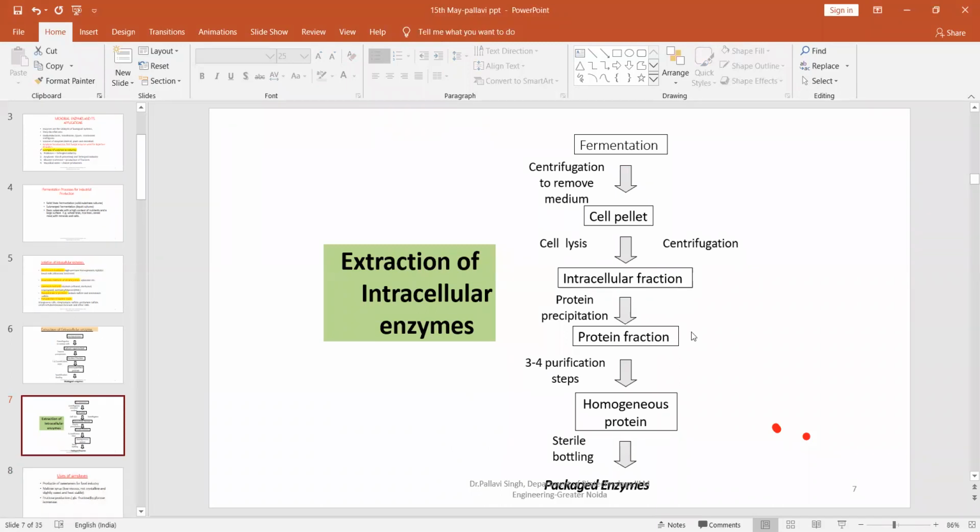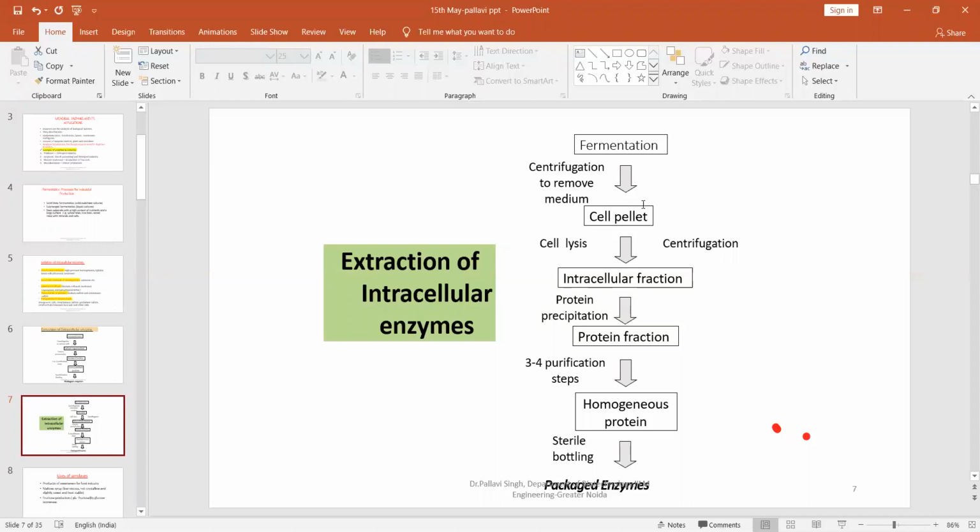If we have enzymes which are secreted outside the cell, these are the typical steps. We have the fermentation process. In this fermentation process, we added our media, inoculated with the microbe, and let it incubate at a particular temperature and pH for the incubation time. After the incubation time, the production takes place. Now I have a fermentation broth having my microbe and my product. The product is extracellular, that means it is secreted outside the cells, so it is present in the liquid media. So we do centrifugation to get all the cell pellets settled.